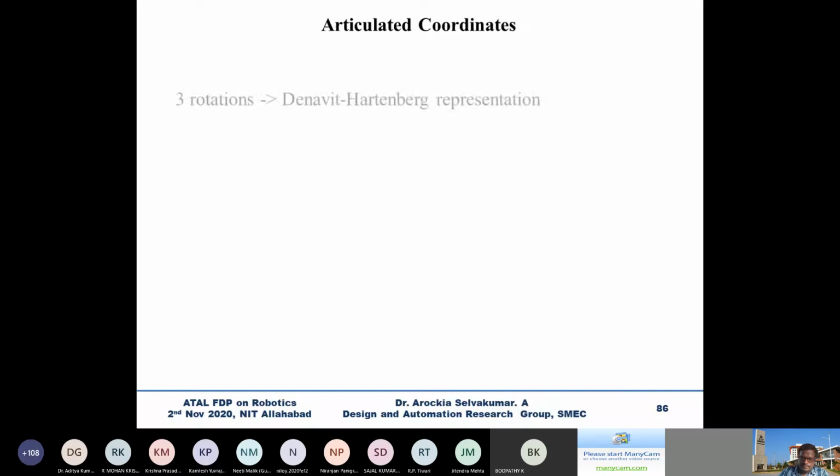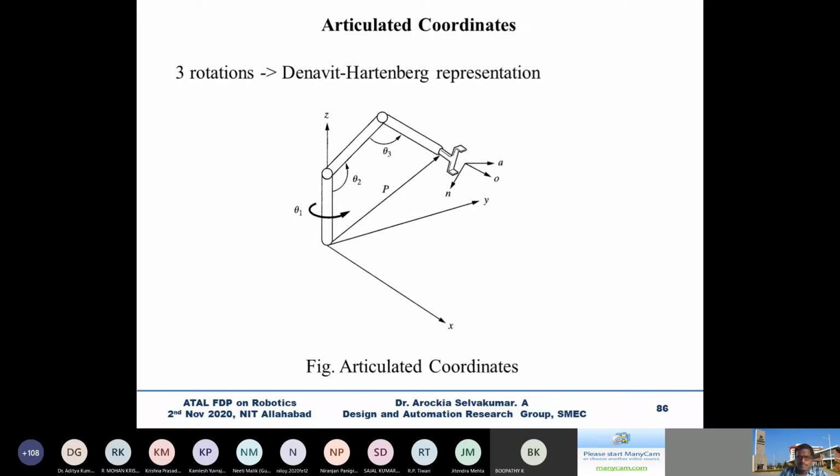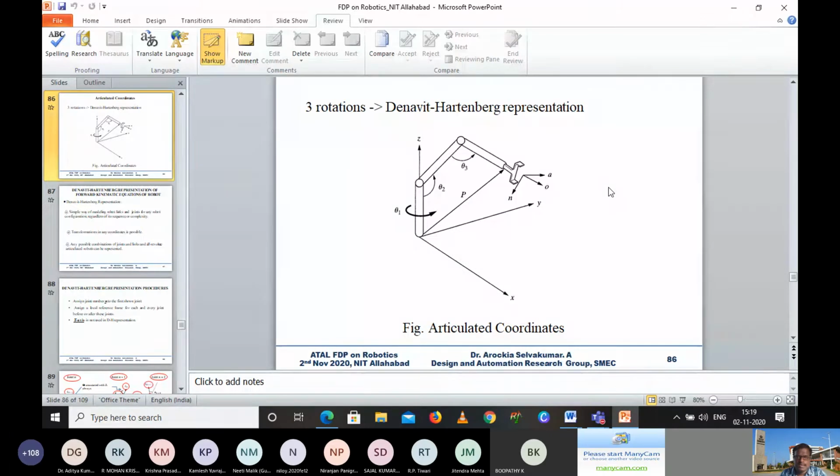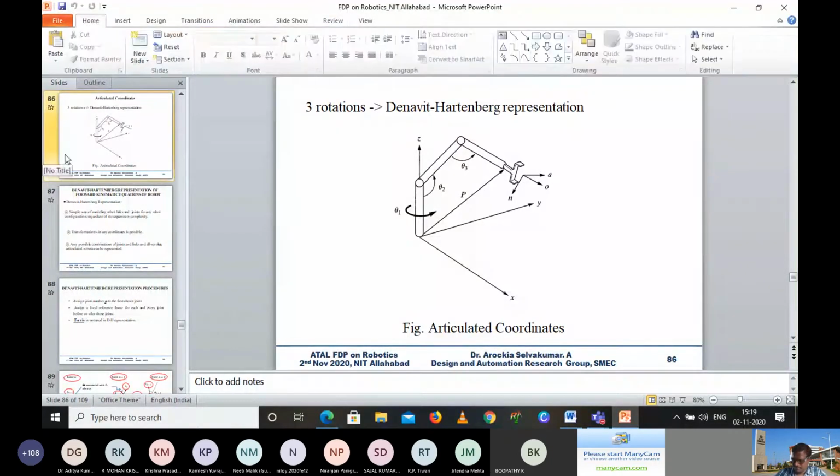So any other queries? Because we are moving to the next one. Before going to Denavit-Hartenberg, if you have any queries in Cartesian, cylindrical, and spherical, please ask me. I am ready to solve your queries. Any queries? No? Shall we proceed further? Okay, fine. After lunch session, I think so. Shall I proceed further, Professor? If no more queries? Yes, sir. Okay, fine.